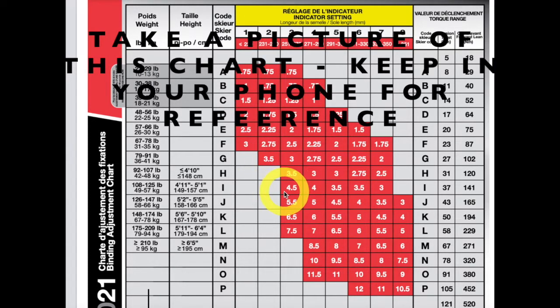sort of PDF or a JPEG. What you want to do is just take a picture of this sheet